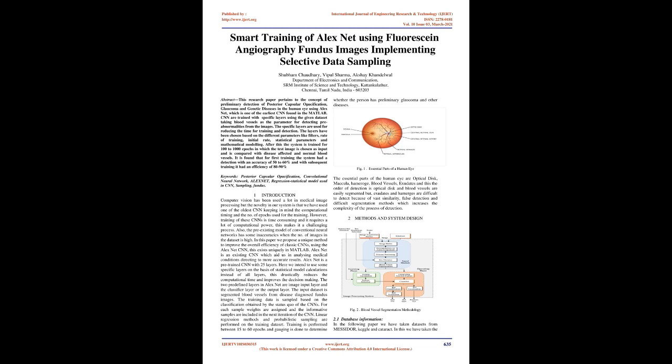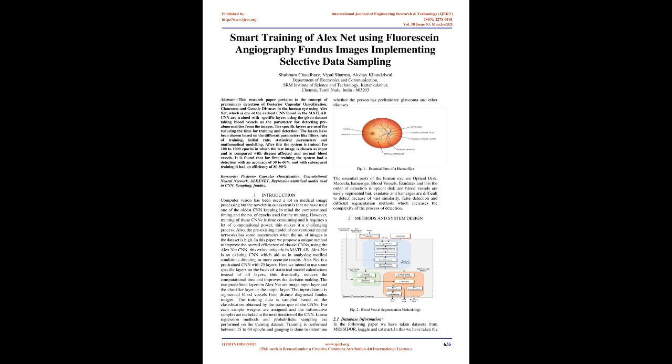1. Introduction. Computer vision has been used a lot in medical image processing, but the novelty in our system is that we have used one of the oldest CNNs, keeping in mind the computational timing and the number of epochs used for the training. However, training of these CNNs is time-consuming and it requires a lot of computational power. This makes it a challenging process. Also, the pre-existing model of convolutional neural networks has some inaccuracies when the number of images in the dataset is high. In this paper we propose a unique method to improve the overall efficiency of classic CNNs, using the AlexNet